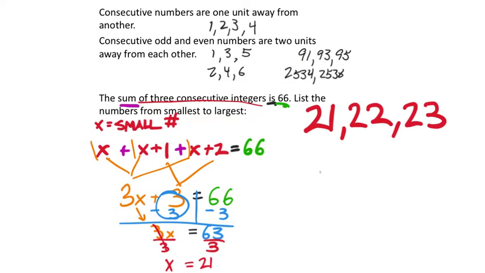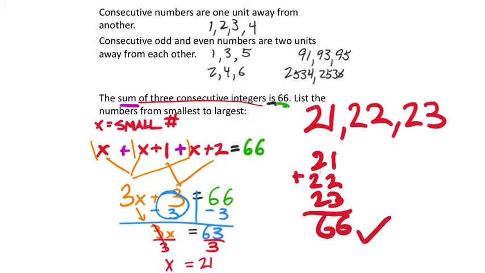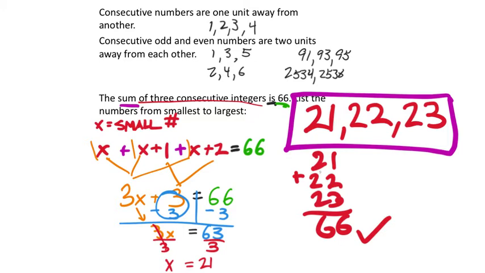to make sure these three numbers, which are consecutive, and we know they're consecutive, but the other condition here is that they add up to 66, right? So let's go ahead and add these up. 21 plus 22 plus 23, 66. So yeah, that checks off, and now I know for sure that these are the three consecutive integers that add